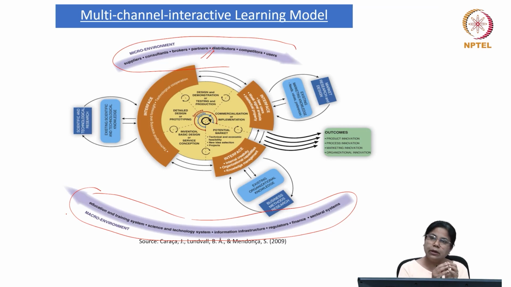Apart from that, the regulator will also play an important role. Let us say now we get certain new norms with respect to pollution. What will happen? The firm now has to ensure that it reduces its emissions. That it can do either by introducing a new technology or by improving the raw material in its product. So they would have to do something in order to meet the regulatory requirements. Clearly, the availability of finance, as we have talked about earlier, is essentially related to the availability of resources to conduct research and development.